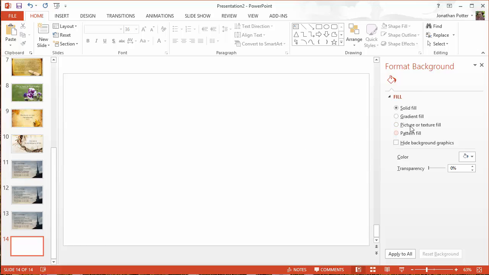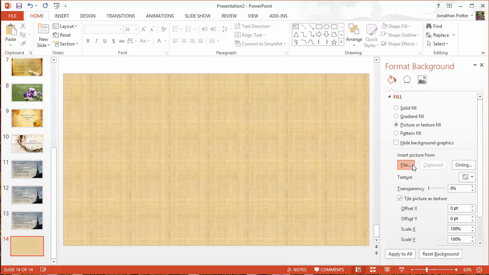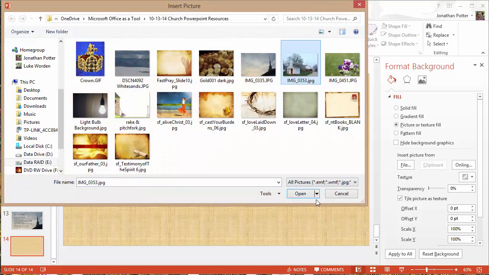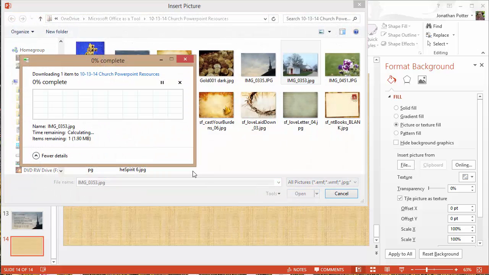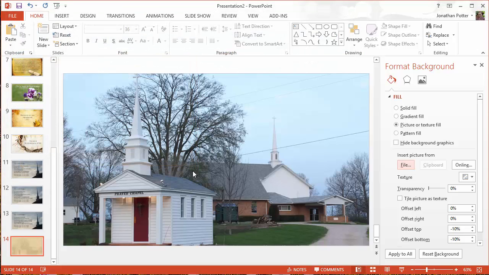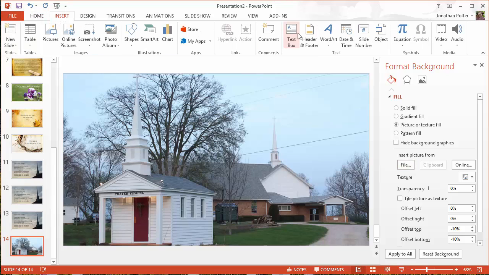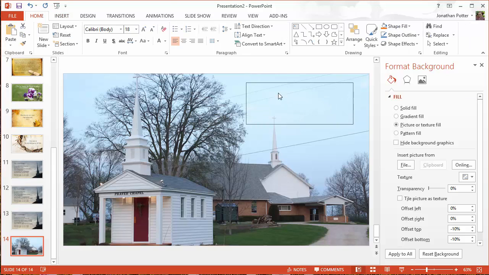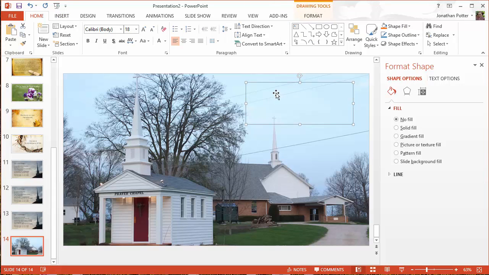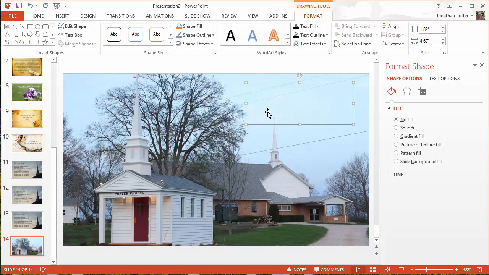So what I'm going to do is set the background, and I'm going to use this picture of our church here, and it's going to have to download it again. Okay, and then I'm going to put a little text box up in this corner. You can click this button, which is a shortcut to text box. You can go to insert text box, either way works. I'm just going to click and drag to draw a text box over here, and this text box is going to say, come on,